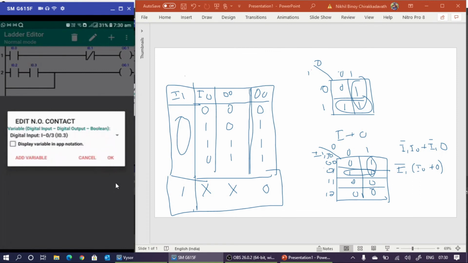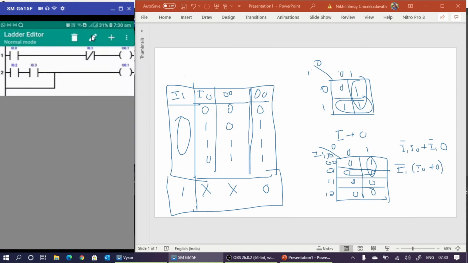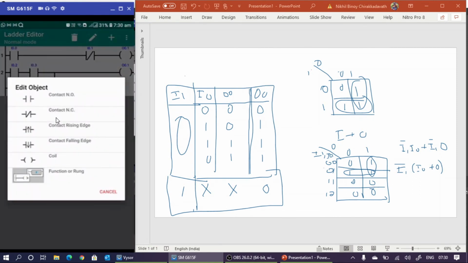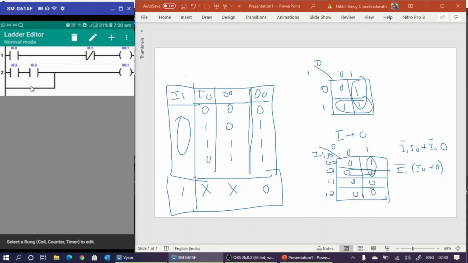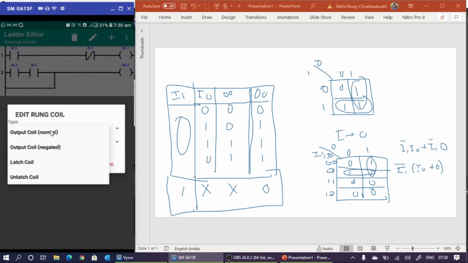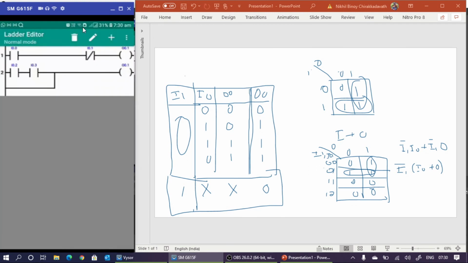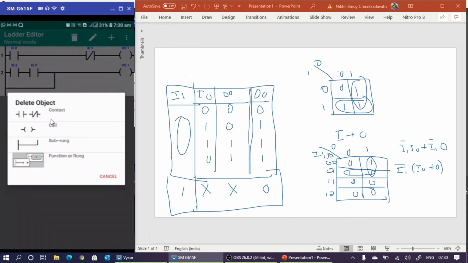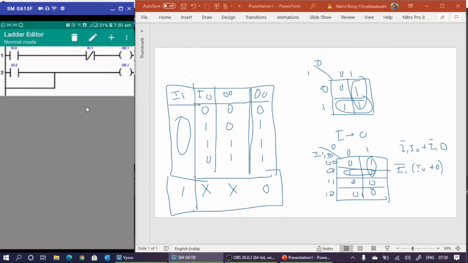I want to change the function. So this one must be a normally closed contact. So first we have to delete this one. This one is deleted. I am going to implement a XOR logic. So this is I2. So this is I3 bar.